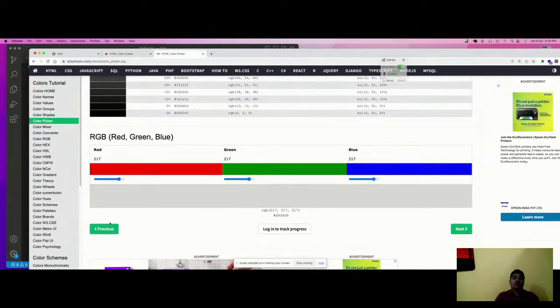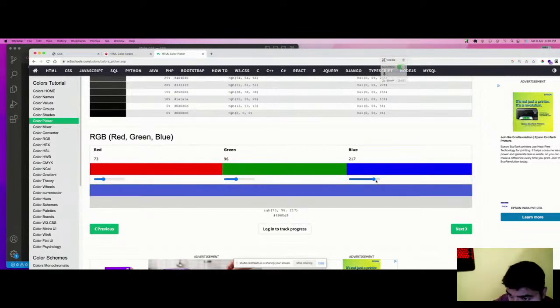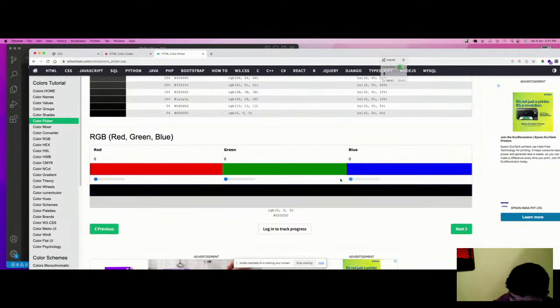And in the RGB, as I have told you, you can prepare any color with the help of RGB. See, for 0, it is black.